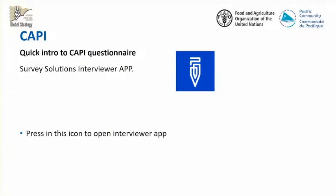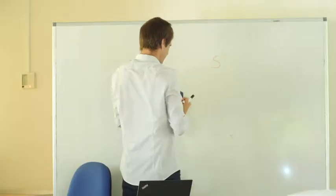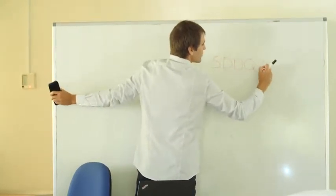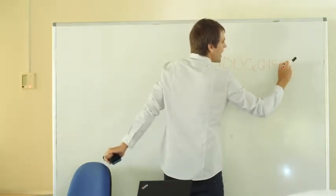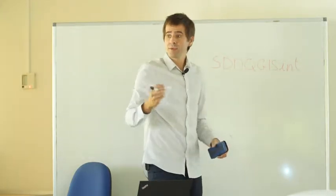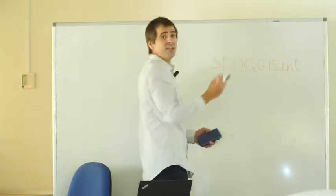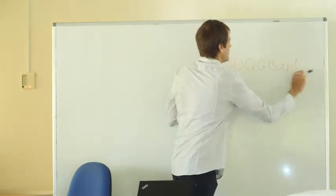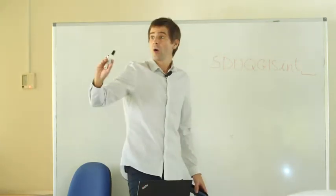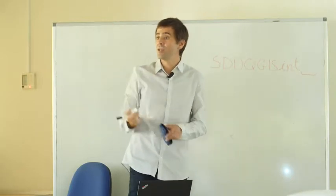Okay, so the passwords are easy. They are SDD, QGIS in uppercase, and then INT and the number. If your username is INT1, you will write SDD QGIS INT1. On the back of your tablet, I wrote the number of the